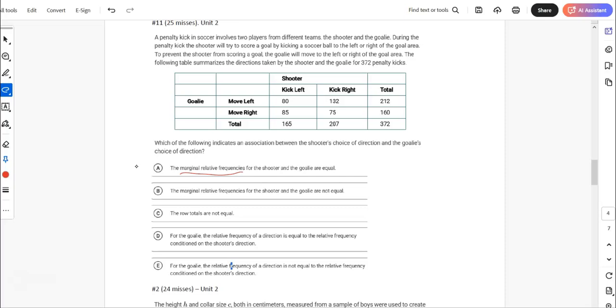So this marginal would be 212 divided by 372. And this marginal would be 165 divided by 372. For the shooter and the goalie, if they want to go left,